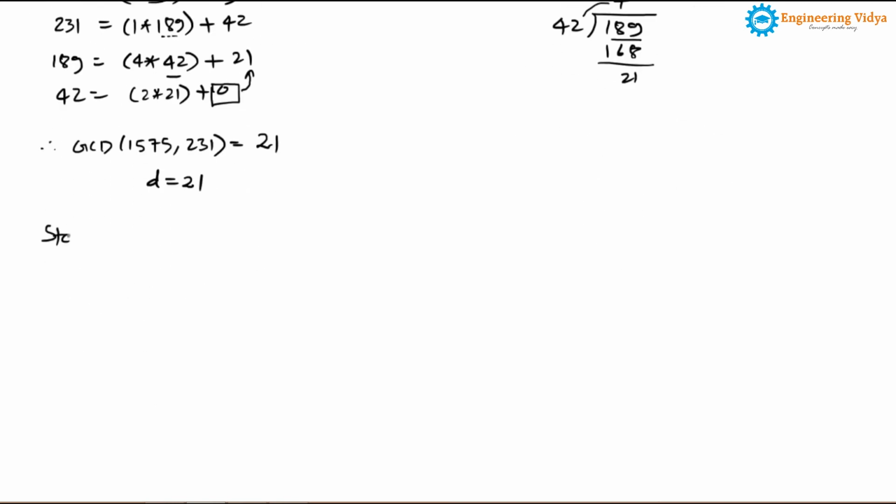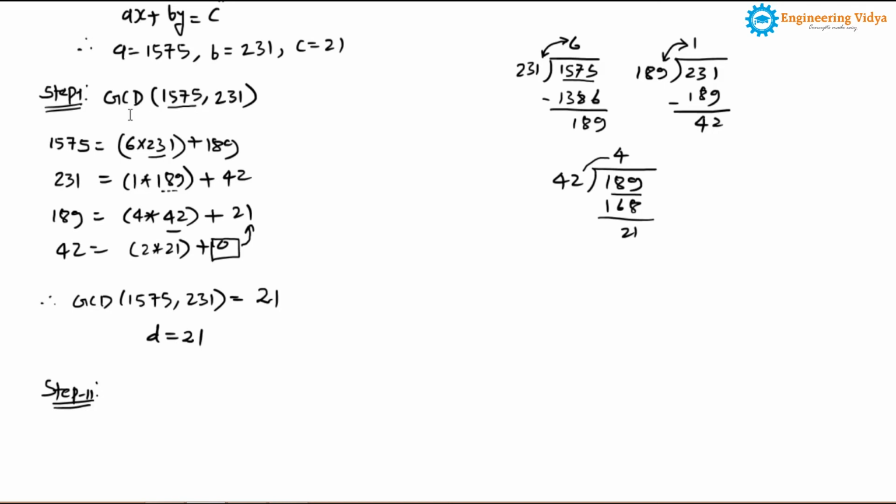Step 2 will be completely new for you. You are already aware of step number 1, but step number 2 is completely different. At step number 2, we'll take the latest remainder equation other than 0. Here we have a remainder, here also a remainder, and here also. So we consider the latest remainder equation other than 0. This is the latest remainder equation other than 0, right?